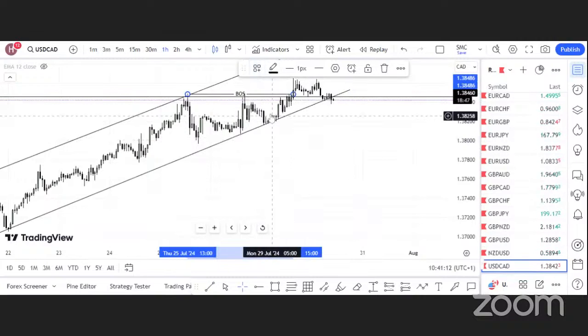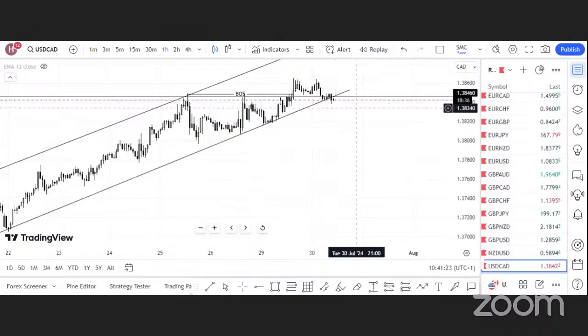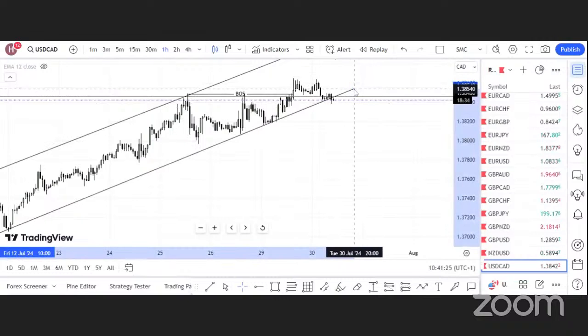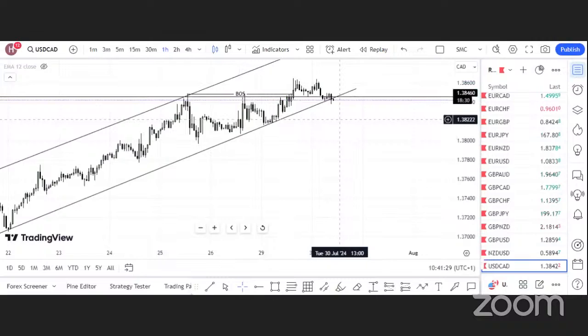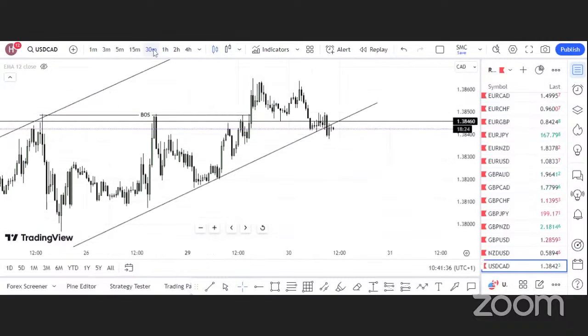So this is an inducement, and the market. This is a liquidity level, but the market took out the liquidity. Okay, the market took out the liquidity and bought. Okay, and then we have a new level. This is the 1 hour time frame. We have a new level now,